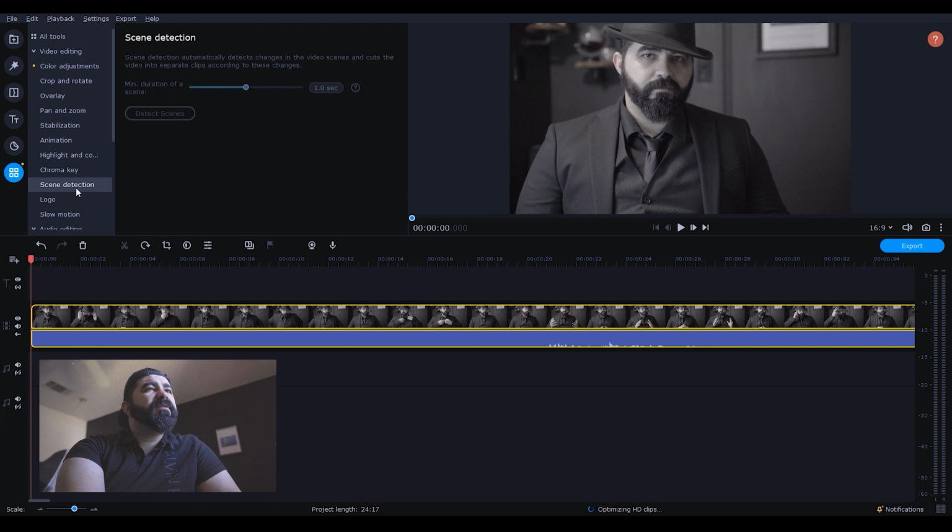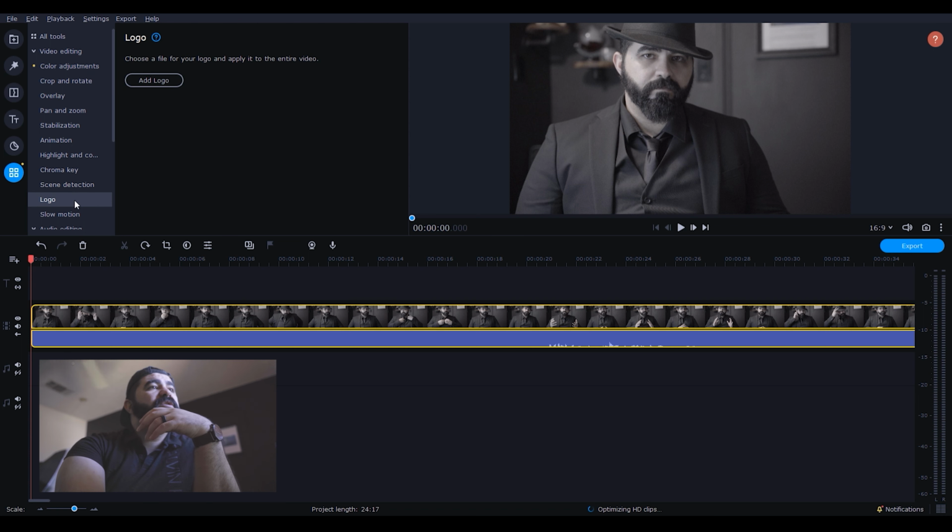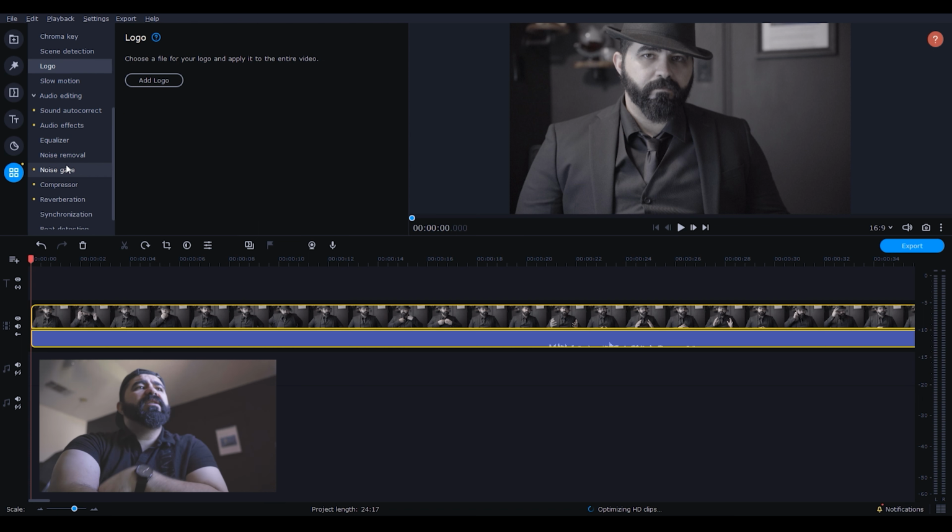Scene detection. So scene detection automatically detects changes in a video scene and cuts the video into separate clips according to these changes. So I don't know, does it edit for you? We'll have to give it a try. We have a logo if you want to add a logo to your video, and we have slow motion. And of course there are all these